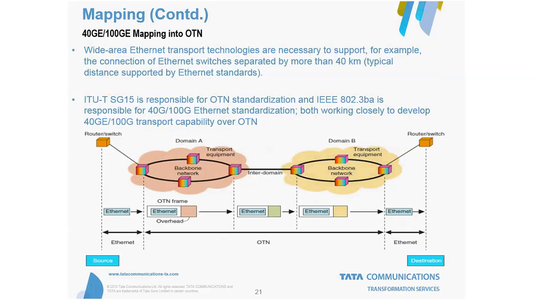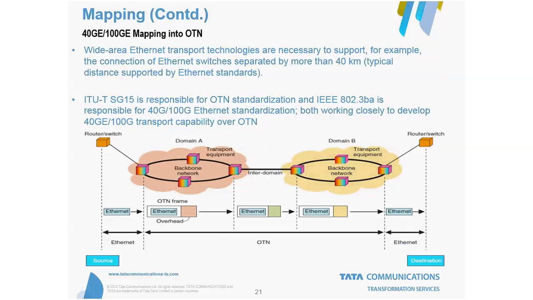Next, we'll move into bigger rates like 40G and 100G. Wide Ethernet transport. As we started using wide Ethernet transport, capacities like 20G and more than 20G need to be transported from one office of a customer, for example, to their another location. So people were in need of optical layer. So we developed something like 40G and 100G, so that huge capacities can be transported over a distance of 40 kilometers.